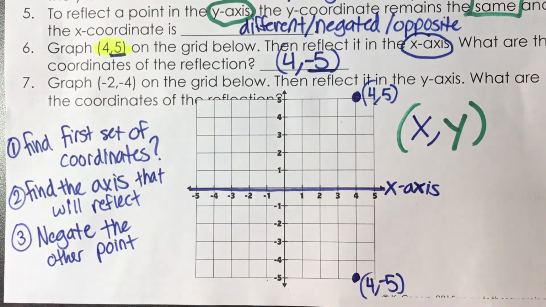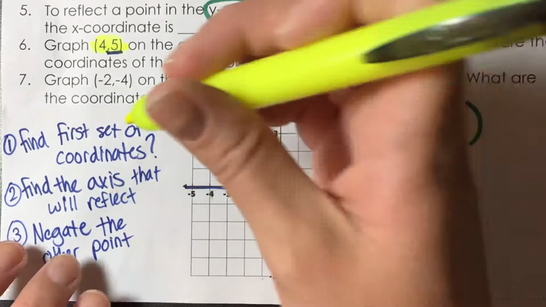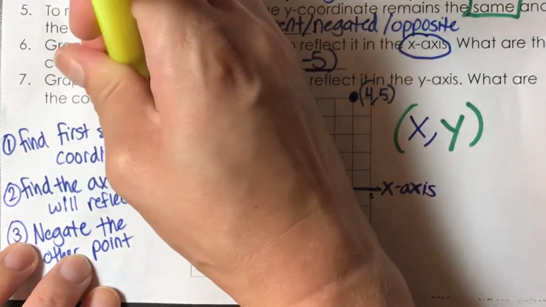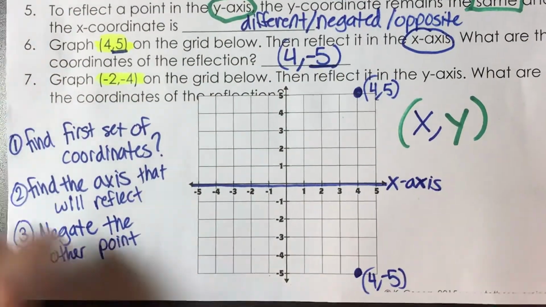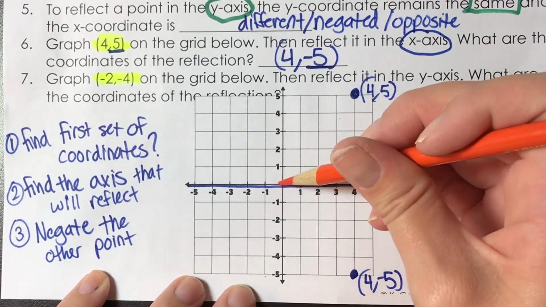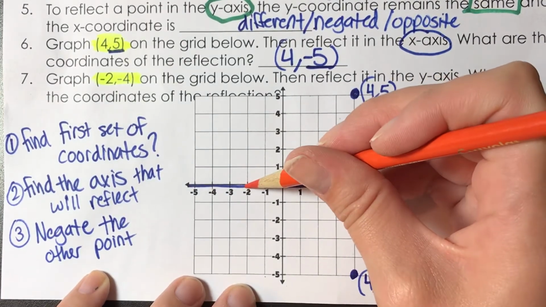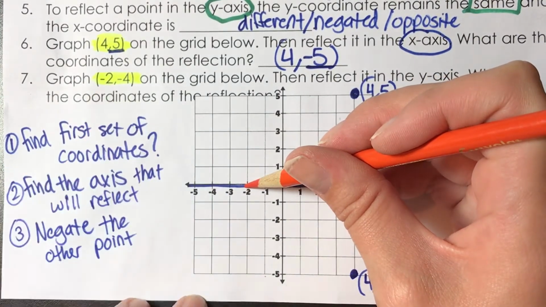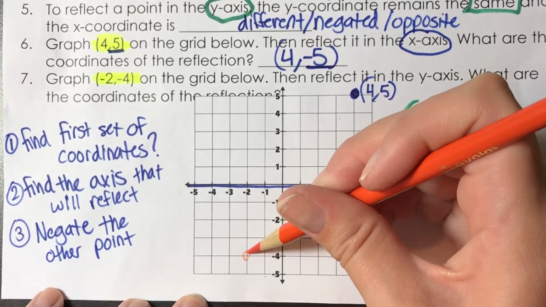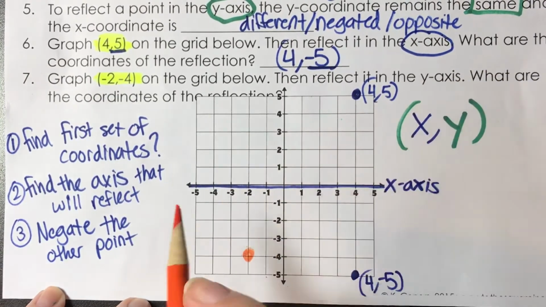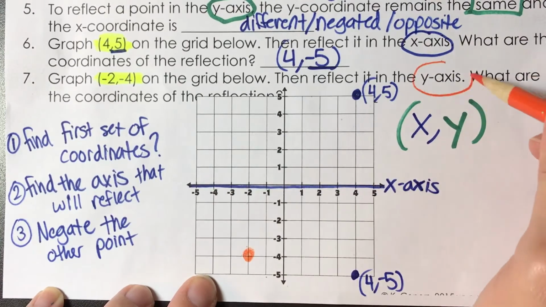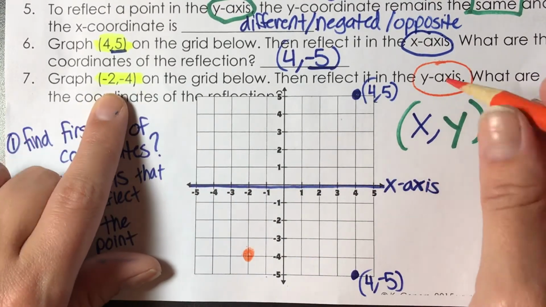All right, let's try the next one. Now we're going to graph negative 2, negative 4. I'm going to use a different color. I'm going to do my orange. So negative 2, go left 2. Negative 4, that means I go down 1, 2, 3, 4. And now it's asking to reflect on the y-axis. So that means